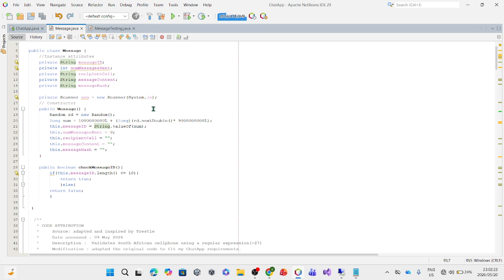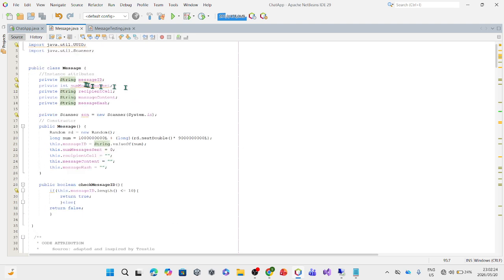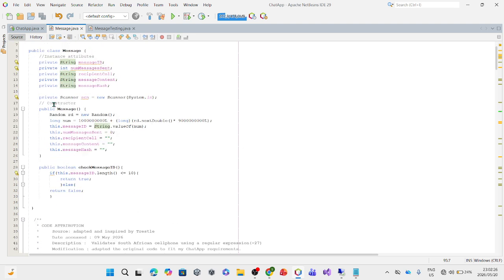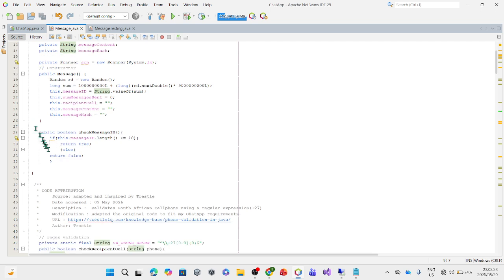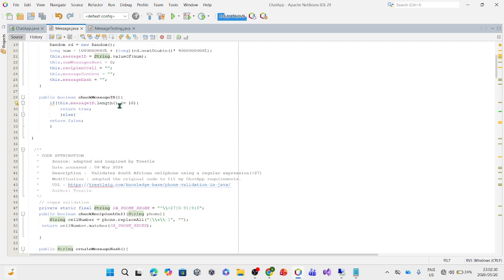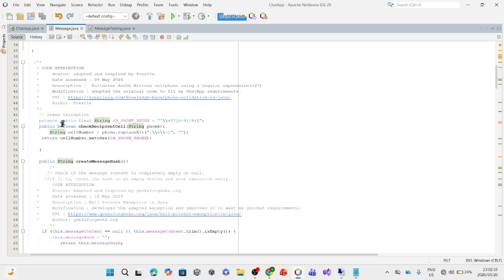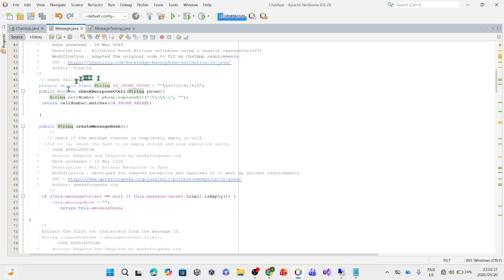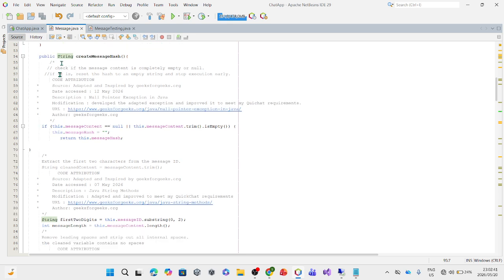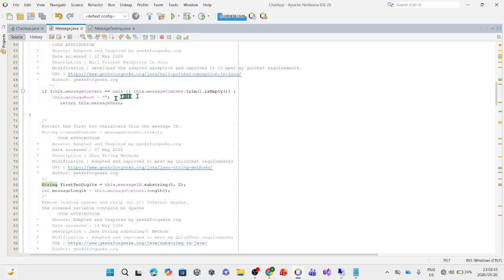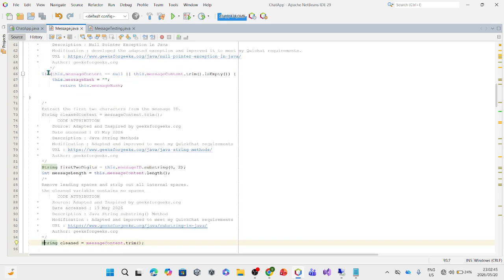So here guys, as you can see here, I got my private instance attribute, and I've got my constructor, and I've got my first method which checks for the message ID, and then I've got my code abbreviation there, and then I've got my regex pattern for the South African cell phone international code, and then I've got my create message hash, and then I've got my other conditional statement here,